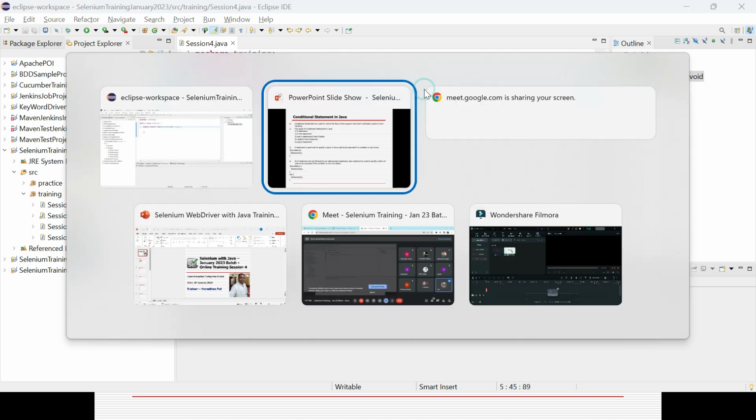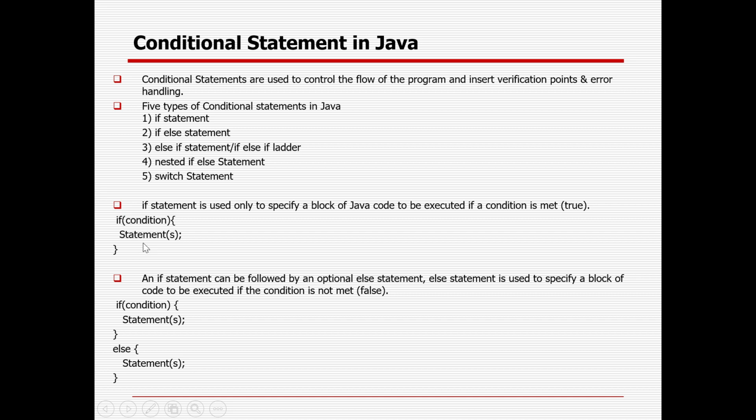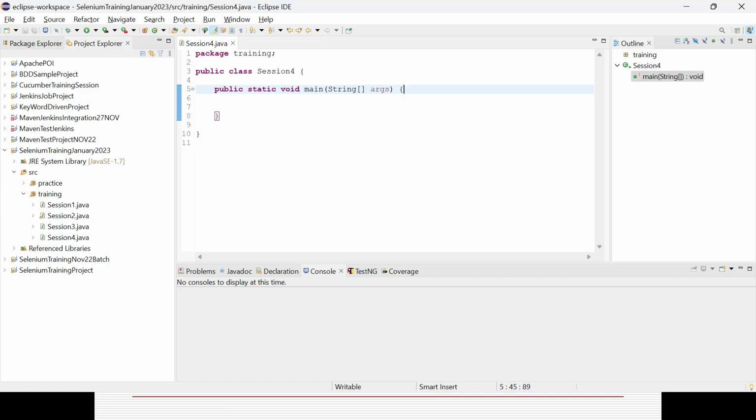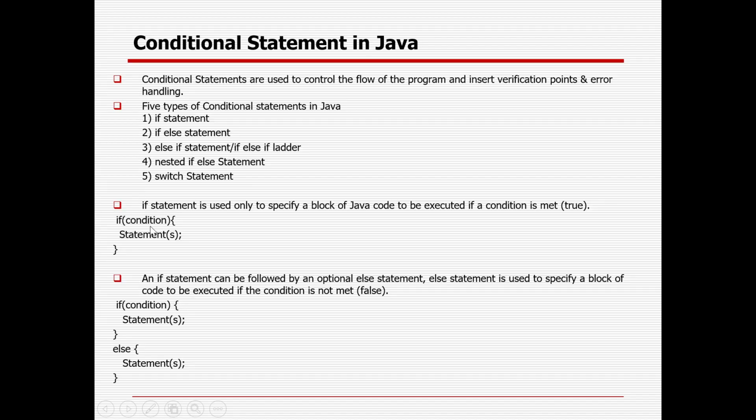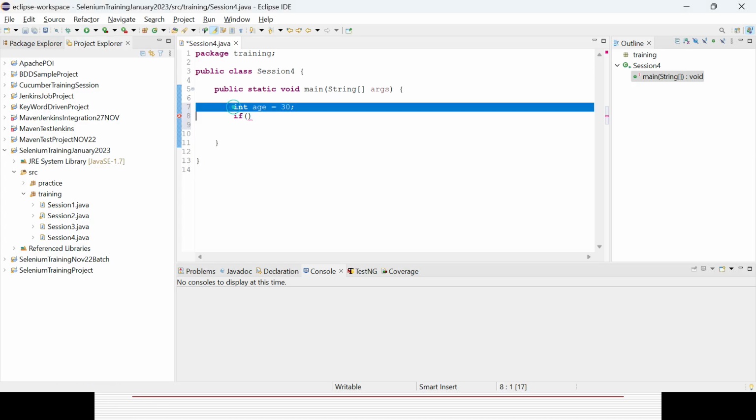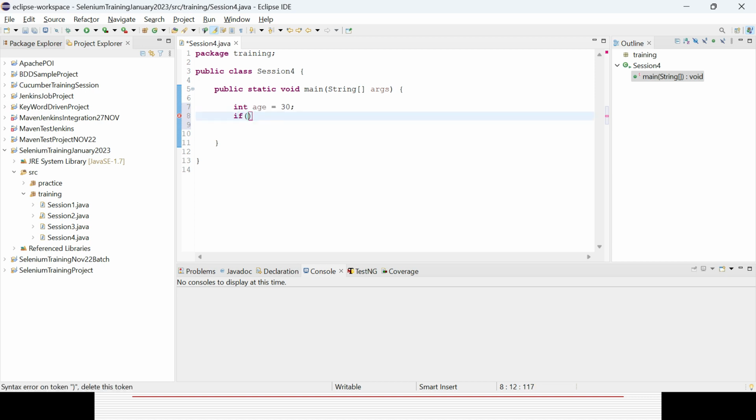So how can we define the if statement? This is the syntax: if, condition, and then statement. Suppose I want to validate whether a person is an adult or not. First I will define the data type, then I will define the variable. Suppose age is my variable, and I define some value, say 30, and then I give some condition. I am just going as per the syntax here, guys. This is the first step. After defining the variable, value and the data type, here I am defining the condition: if that variable